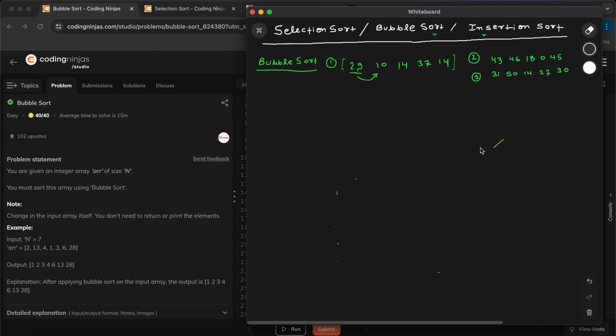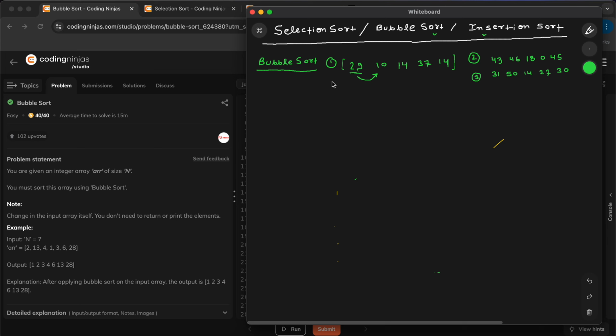Okay, so for the second, I am taking the example of selection sort, and we will learn what the logic behind the selection sort is. So in the selection sort, suppose I'm taking the same example. Let me make that. Yeah, so I'm taking the same example and I will use selection sort on that, so we can understand the